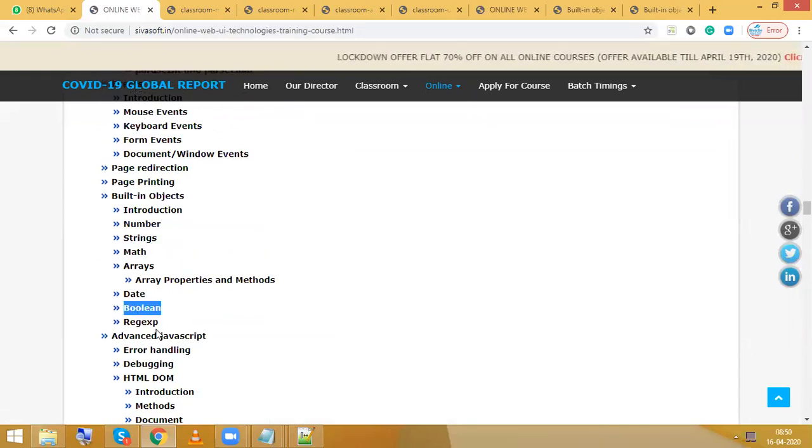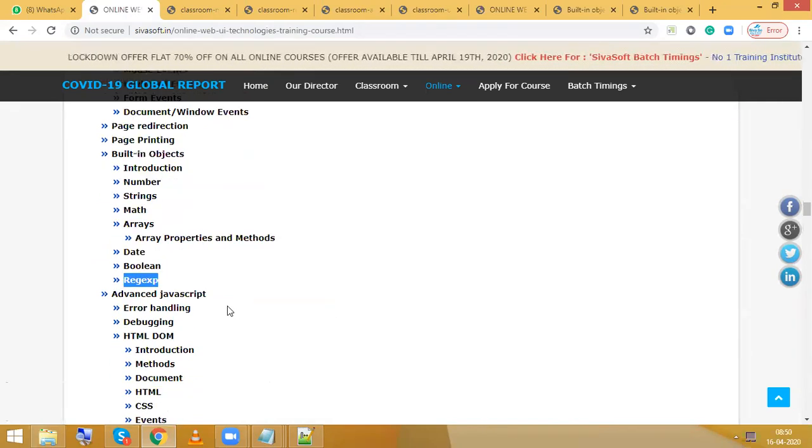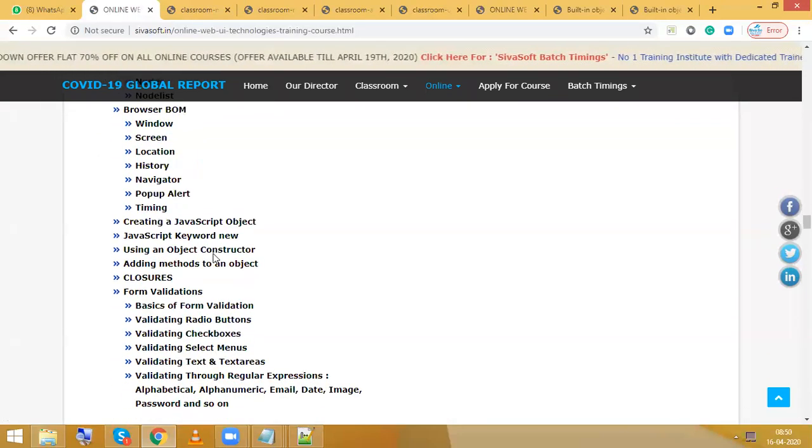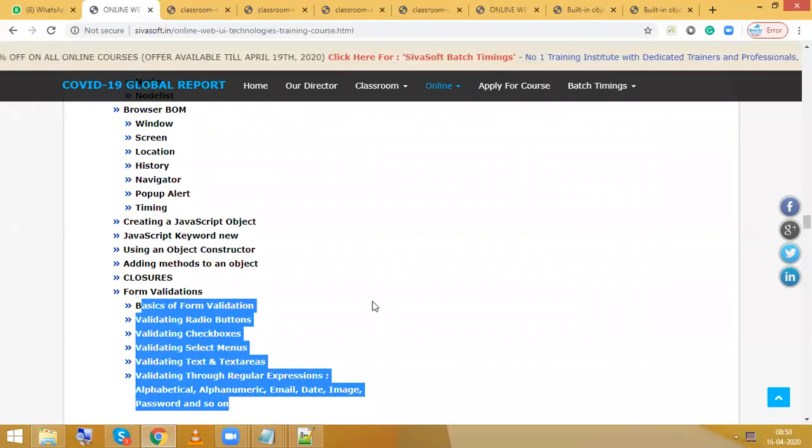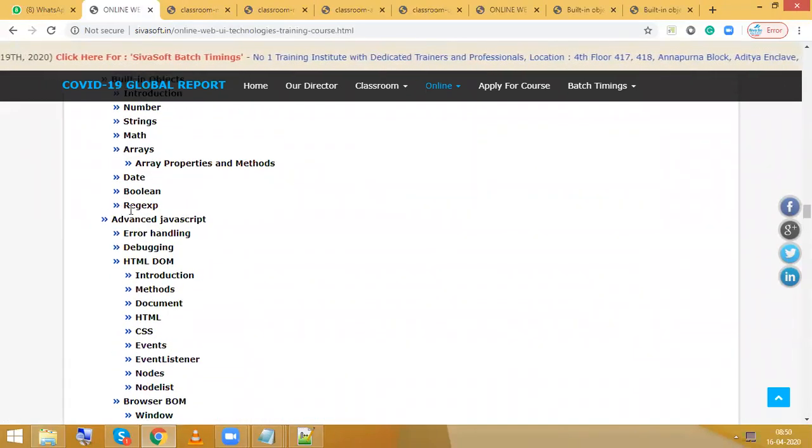So here we completed everything. Regarding regular expression, this is not the right time to discuss. I will discuss regular expression whenever we are discussing form validations. So at that time I will discuss about regular expressions. Right now, just the Boolean object.